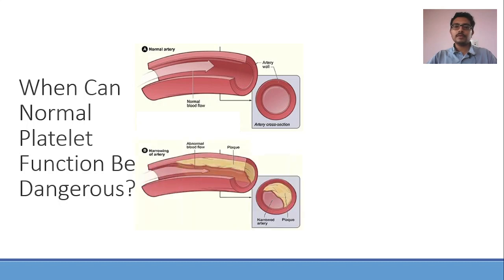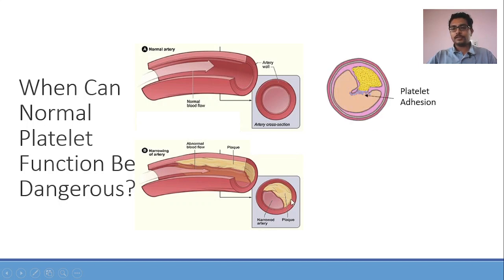What will happen is there is deposition of LDL cholesterol and other various pro-atherosclerotic factors leading to the formation of subendothelial atherosclerotic plaques. And because of that, the lumen of the artery becomes narrow. Now imagine in such an artery with a narrow lumen, if there is endothelial injury. In fact, such places themselves are more prone to endothelial injury. If there is injury there, the same steps are going to happen again, right?